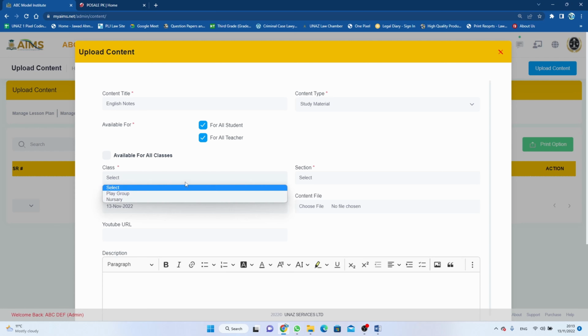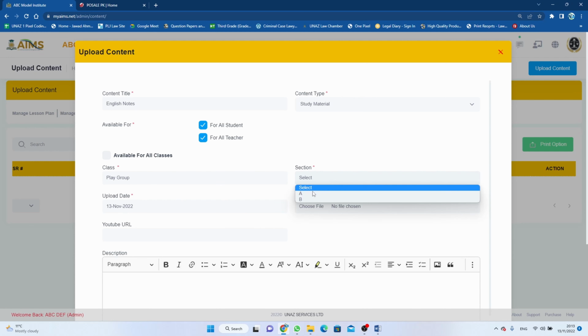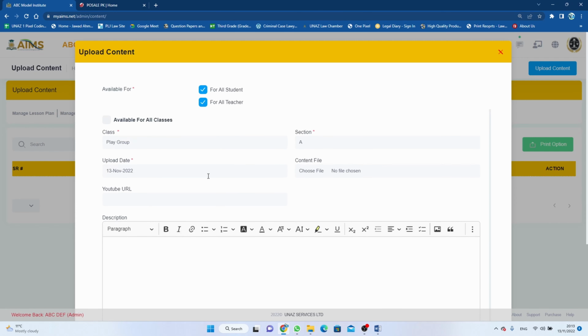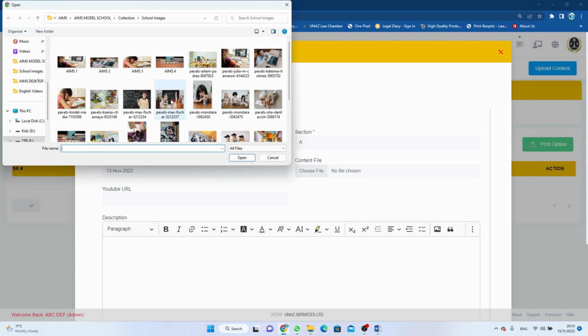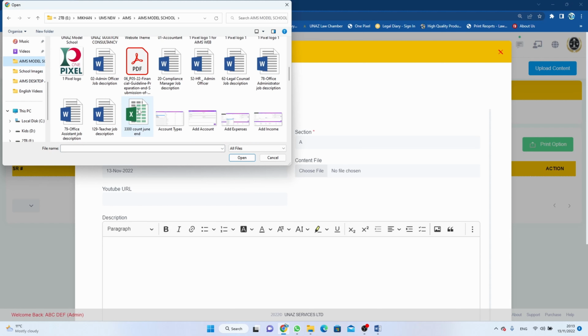If you unclick this, I will say this is for playgroup section A, all students. I will remove the all teachers, or teachers can see this as well. So upload date is this one, content file. If I click on this and go to select any file,